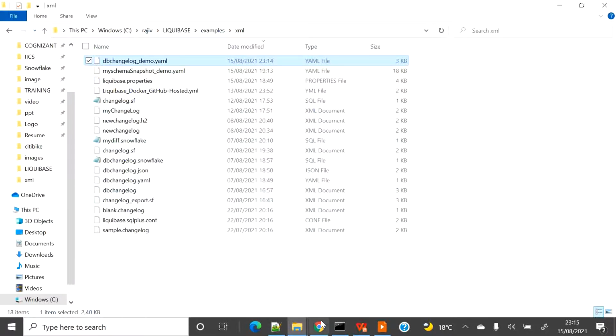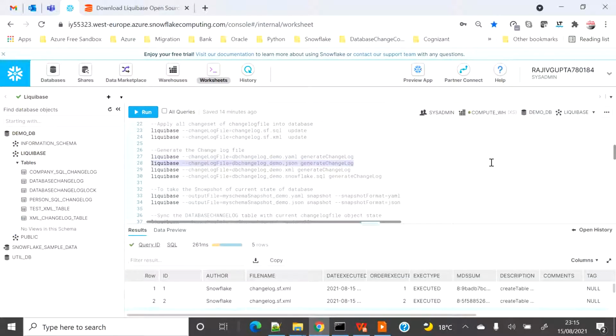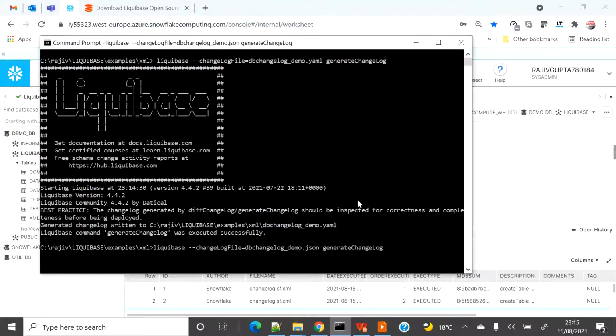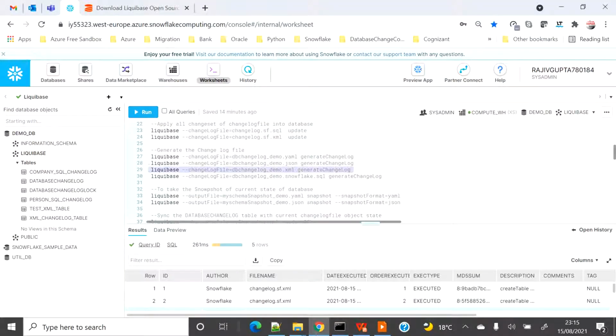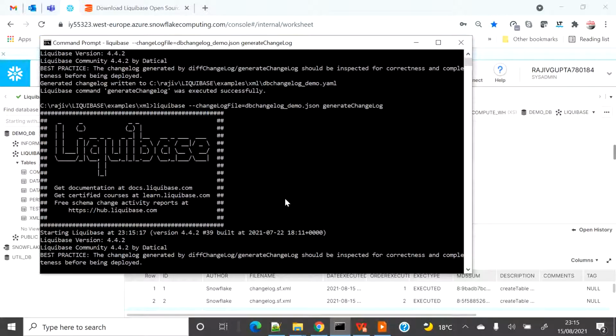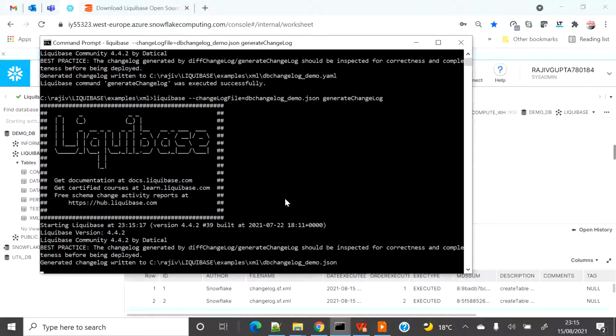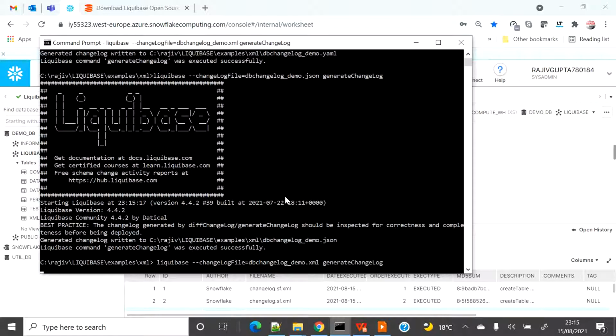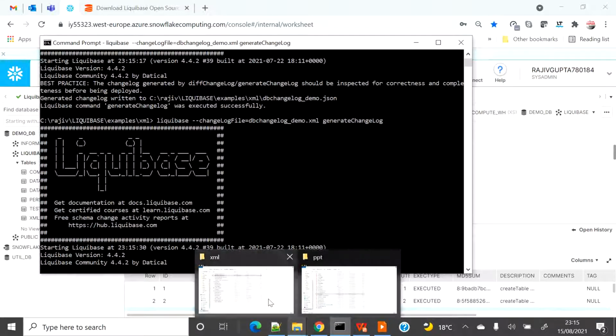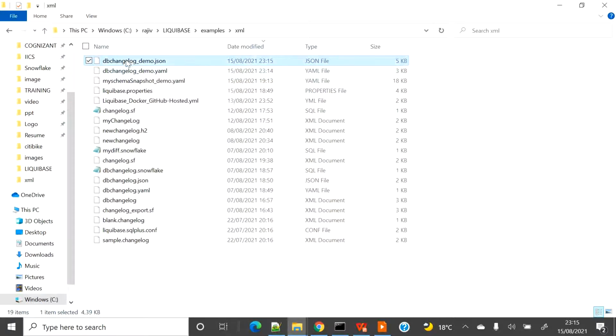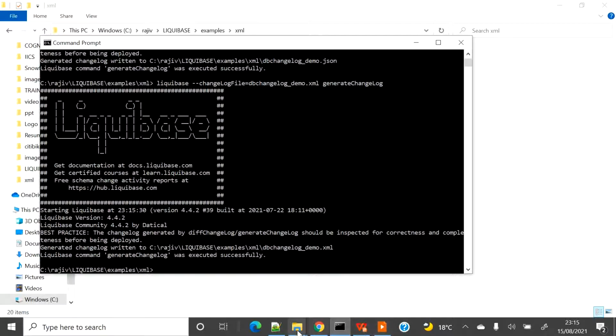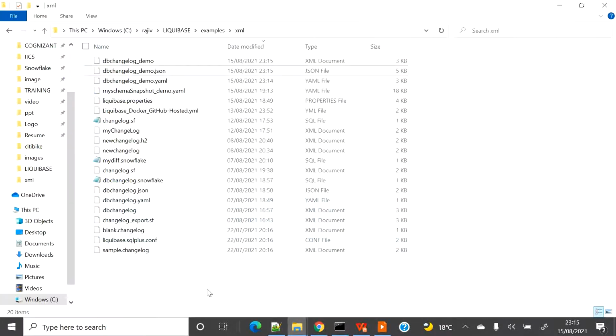Similarly, if I use the same thing for other language, you can see it will get created on the JSON. So I will just create everything. So I will just create another XML one and then I will stop because you already know how it looks like in SQL. So basically you can see the JSON has been created. If I refresh again, the XML will also get created. Yes, now SQL is also created. So you can see how it looks like.